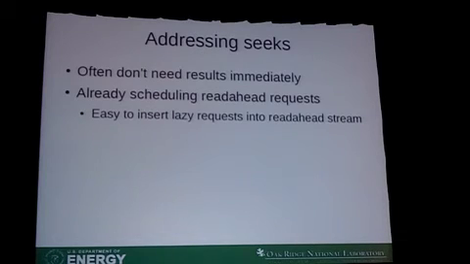Like I said with the block IO stuff, we seek around a lot. So the kernel doesn't give me a really good way to address this. This is another reason I went with the AIO Manager, so I can add some APIs to make things work the way I want them to. Most of the time, I don't need the results from a seek right off. I can call back, let me know when it's convenient and just tell me the data. This means I'm already scheduling my read ahead requests. So now I've got these asynchronous requests I don't care about as much. It's real easy to put those into the stream that I'm already sending down and try to keep that as sequential as possible.